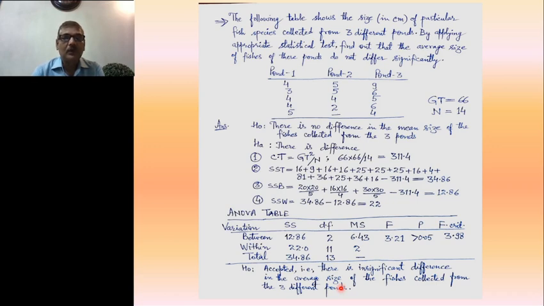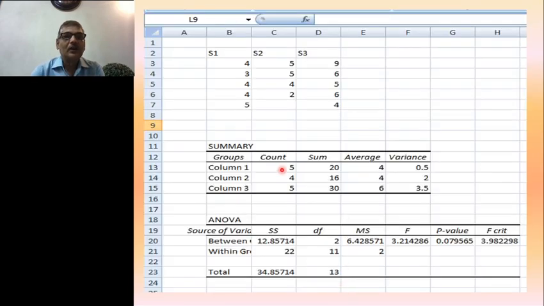Doing it through a program is quite an easy task, and you will see here exactly the same values have been put in the Excel sheet. So S1, S2, S3 are actually sample 1, sample 2, sample 3. You can say that exactly those figures which are given in pond 1, pond 2 and pond 3 are depicted in this table. And then through the Excel sheet, this single factor ANOVA has been performed.